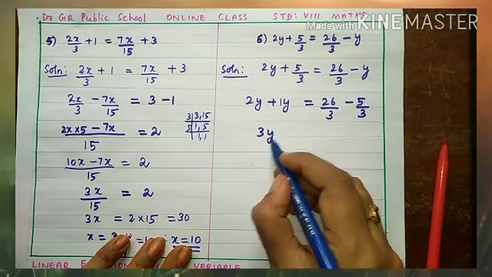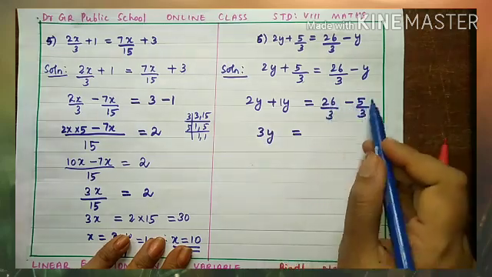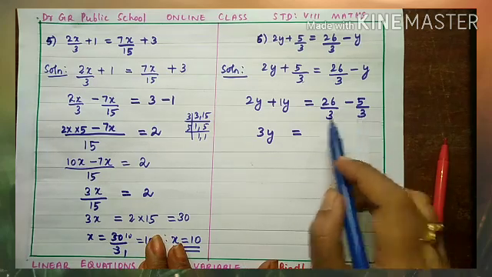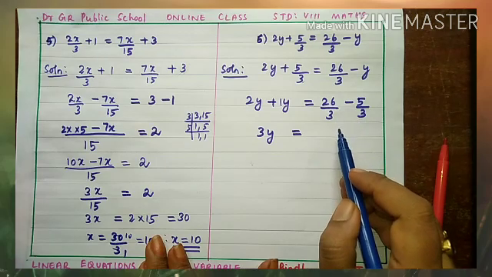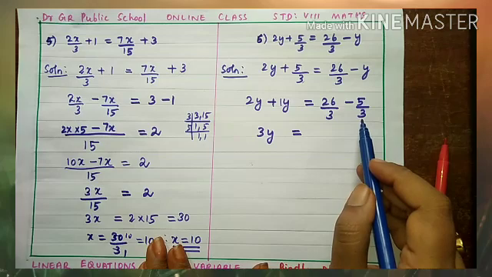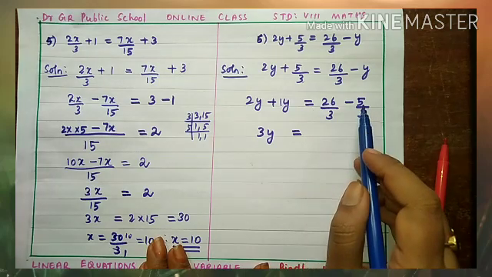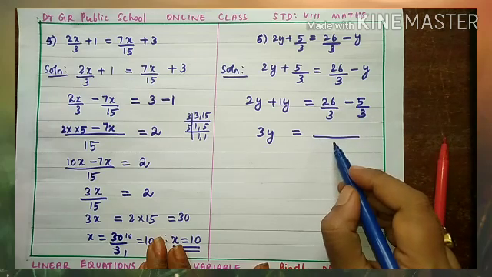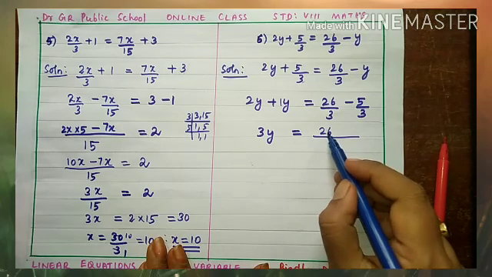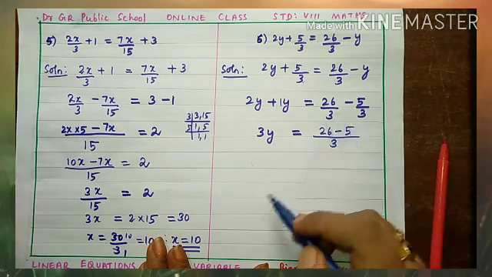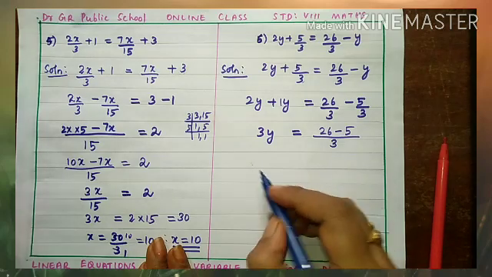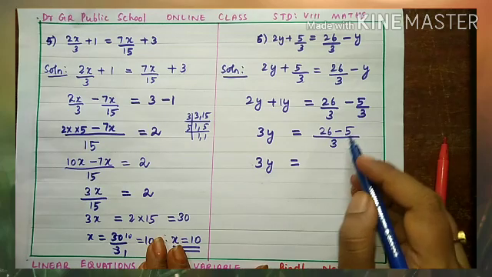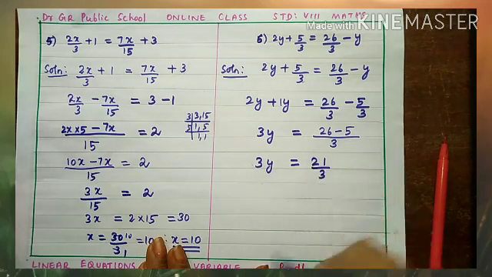So we got 3y equal to, now you see this fraction, is it needed to find the LCM? No, because the two fractions are having the same denominator. They are like fractions. Whenever like fractions are coming, you just add or subtract the numerators. Do you remember? So what we want to do? Write the denominator once, 3, and 26 minus 5. We can combine that because they are like fractions. Now what is the next step? 3y is equal to, what is 26 minus 5? Yes, 21. 21 by 3.